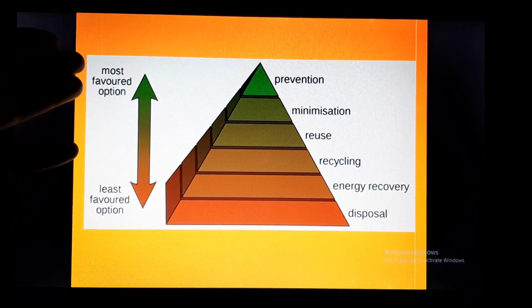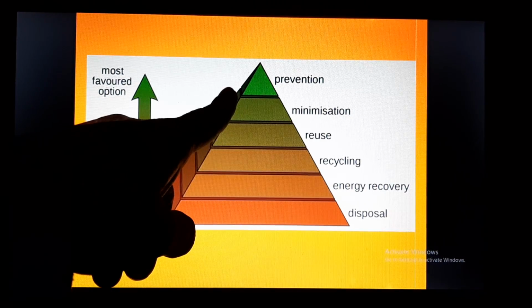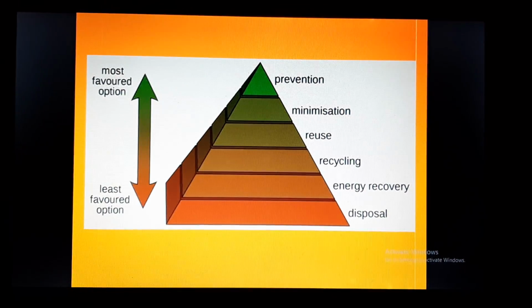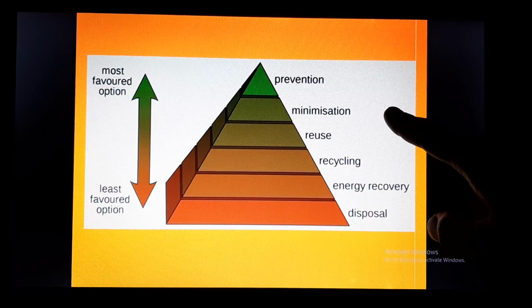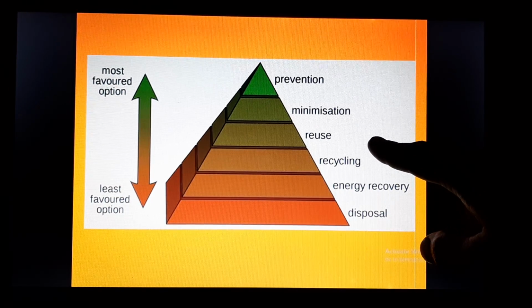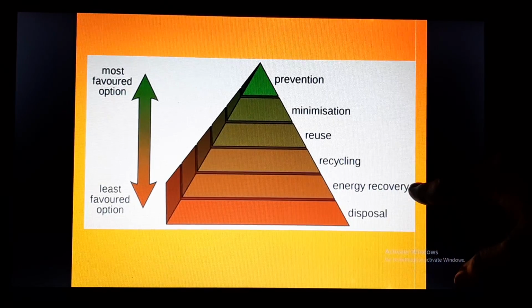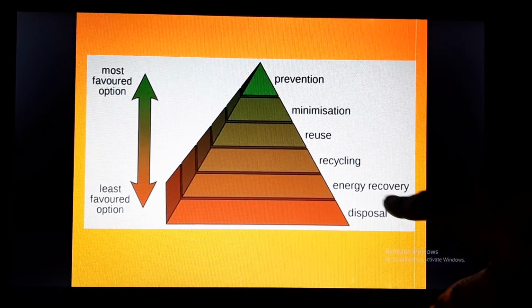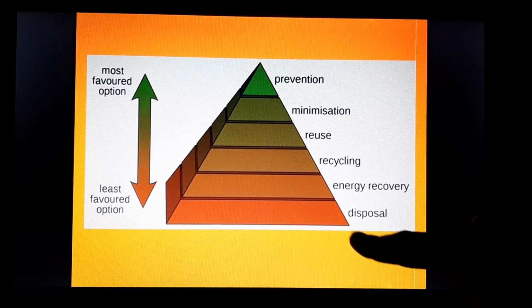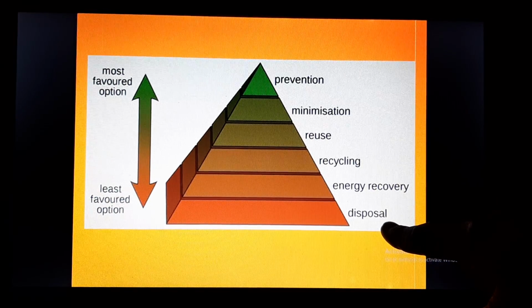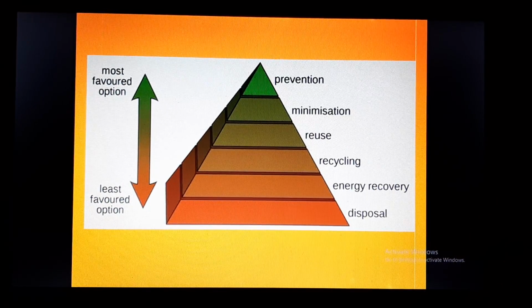So what is the most favored option? Prevention is the most favored option. Minimization of resources, or minimization of our requirements. Whatever we are using should be reused or recycled. Energy recovery should be there, and disposal, that is throwing the waste or garbage, should be the least favored option. So this way we can behave